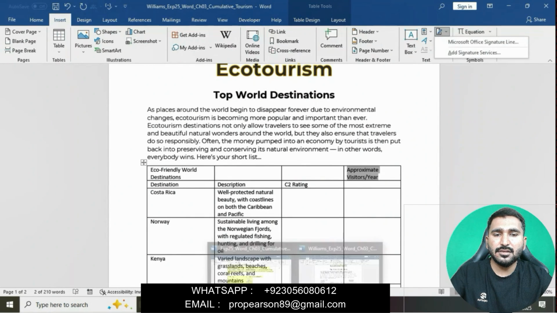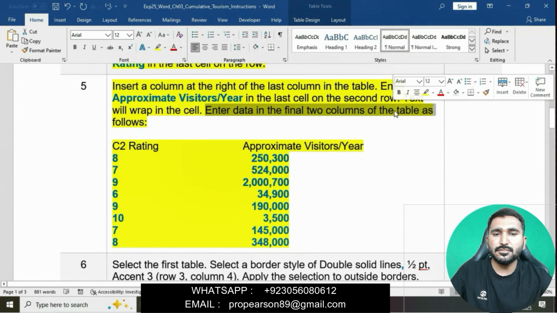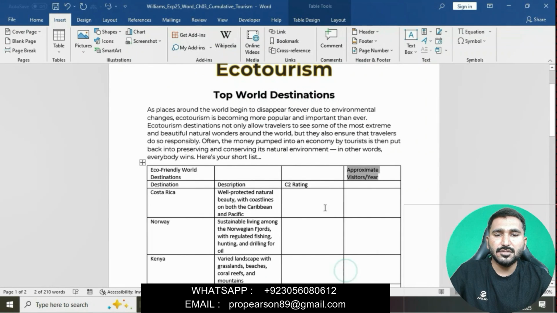Select this cell, wrap text. Enter data in the final two columns of the table as follows: C2 rating and approximate visitor years.